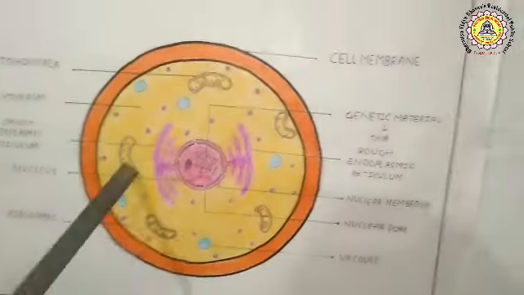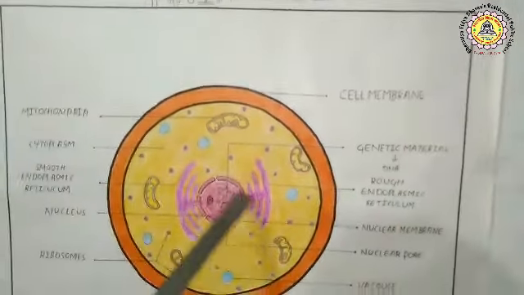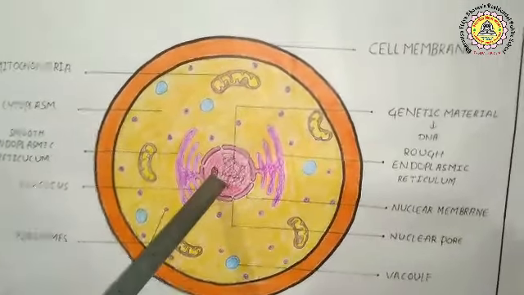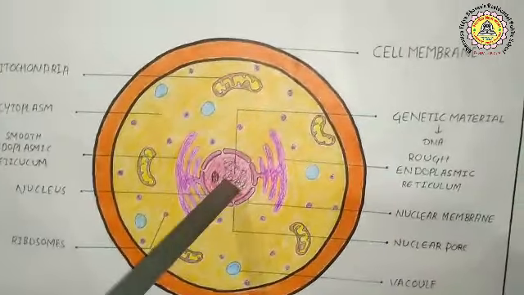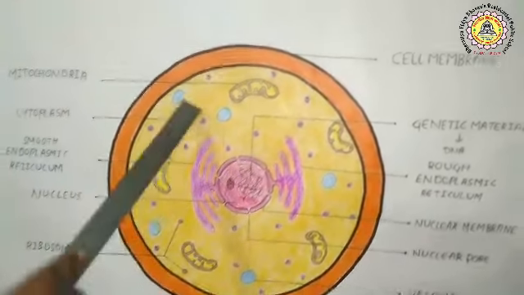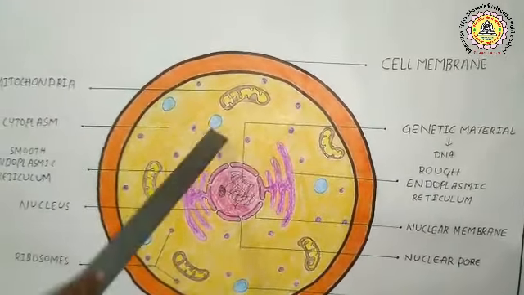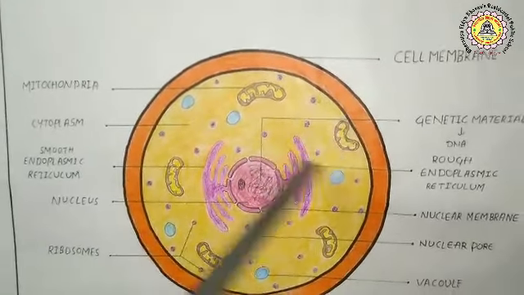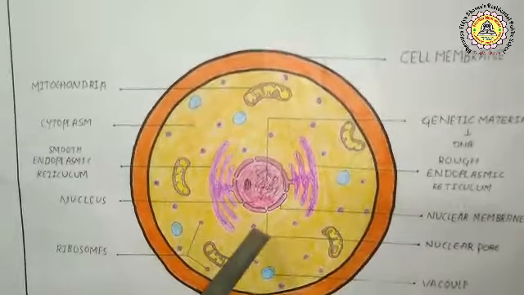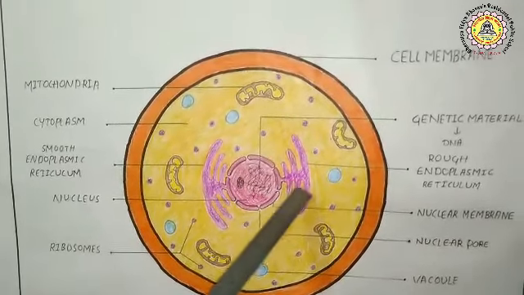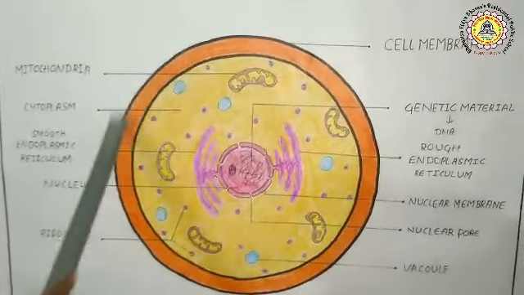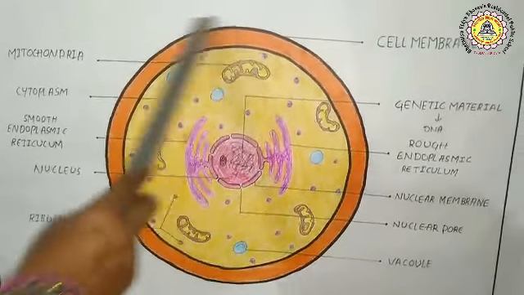Now let us see the animal cell. Mitochondria are present in the animal cell. This is the nuclear membrane of the nucleus. This is the nucleolus. Chromosomes are present inside the nucleus. These are vacuoles, which are more in number and small in size in the animal cell. These are ribosomes, which are present either freely in the cytoplasm of the cell or attached to the endoplasmic reticulum. This is the cell membrane, the outer covering of the animal cell.